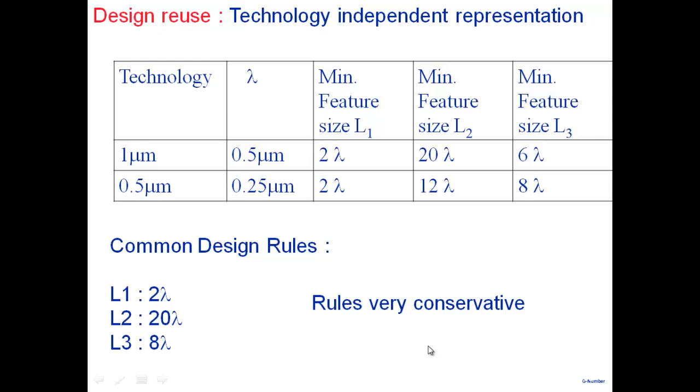All right, so with lambda rules, the benefits of scaling are lost to some extent. For example, this says you can use 12 lambda, but I'll continue to use 20 lambda. All right, so lambda rules have benefits, and you can see disadvantages also. All right, let's stop here and then